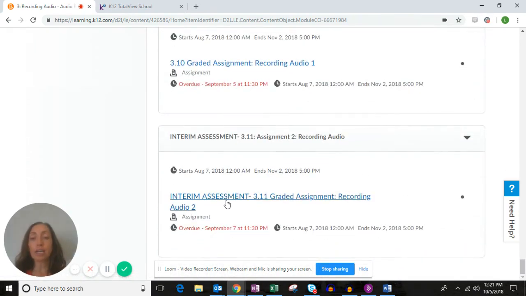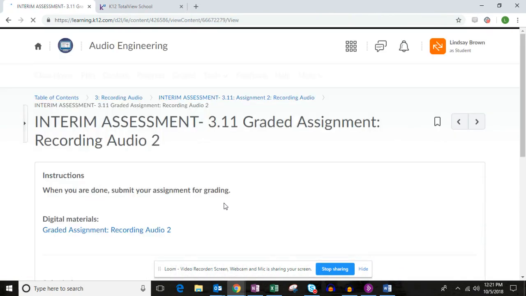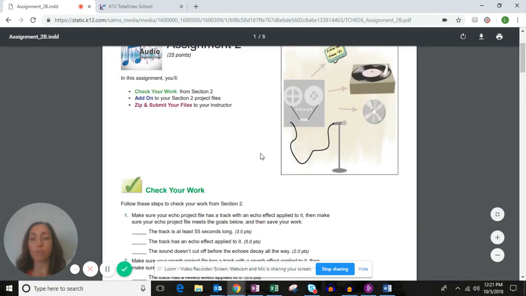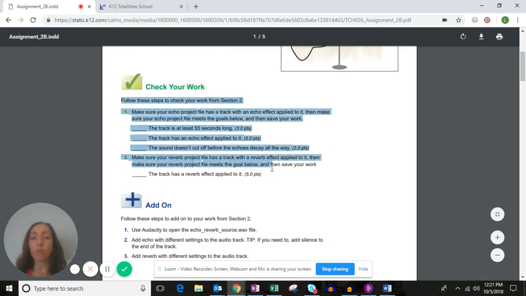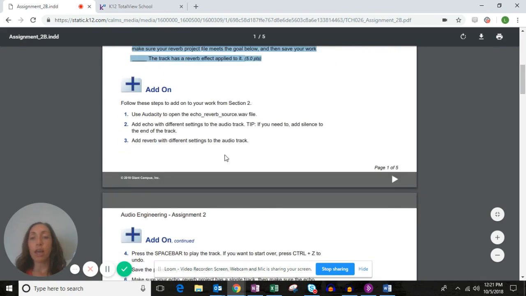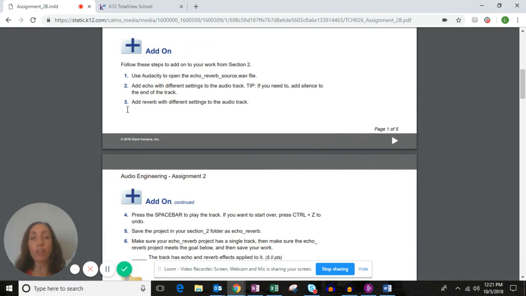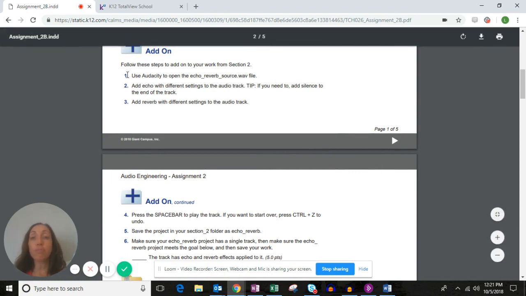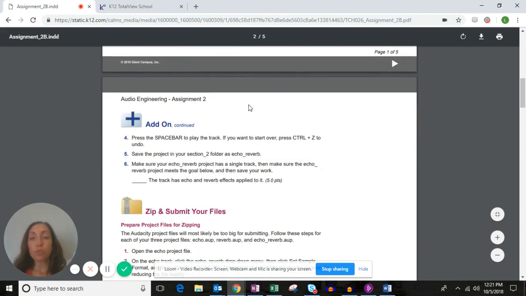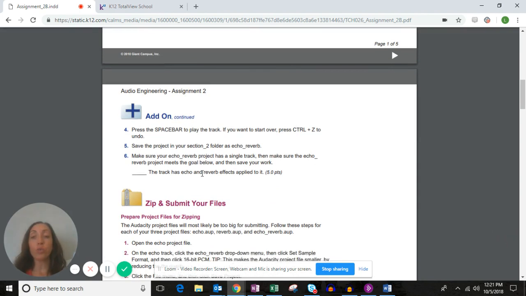Now let's go back to our assignment document and take a look at it here. So now we've checked our work from the Echo and the Reverb, and we're going to complete the add-on. So for the add-on portion, there are not any flash videos to help you through. You'll simply follow these written directions one by one. Now, once you get to step 6, you review your work after you've saved it,